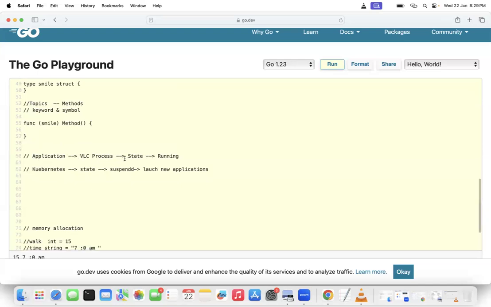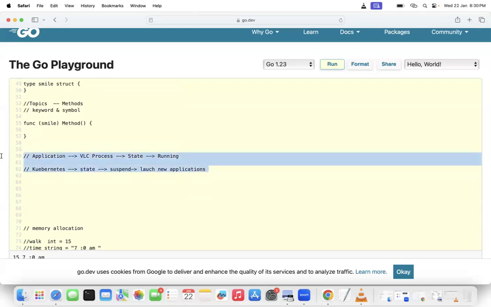Isolated means it runs in its own memory, like a goroutine. Each application works independently on its own memory without interacting with anyone, so Kubernetes manages each application's state, and if it is suspended or anything happens, it will launch a new application.